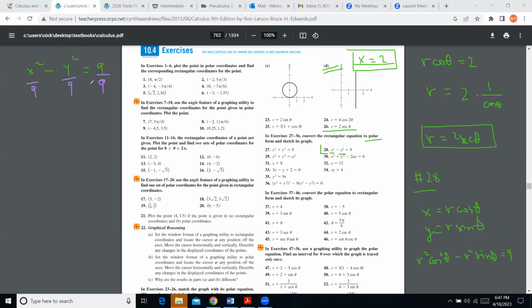So if you divide by 9, you get 1 here, and it's x squared over 3 squared minus y squared over 3 squared. So we know that a and b are both equal to 3, so you go 3 up and down from the origin, because that's your center. So you produce the box, then you get its diagonals. That's how we used to graph in